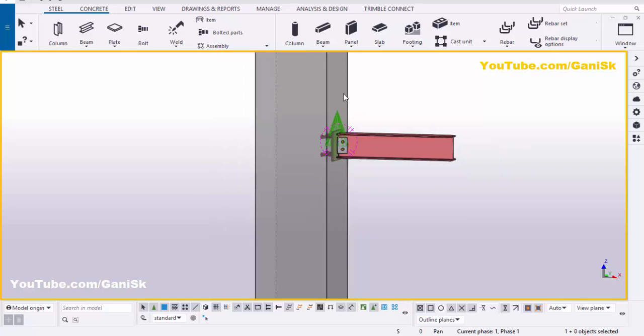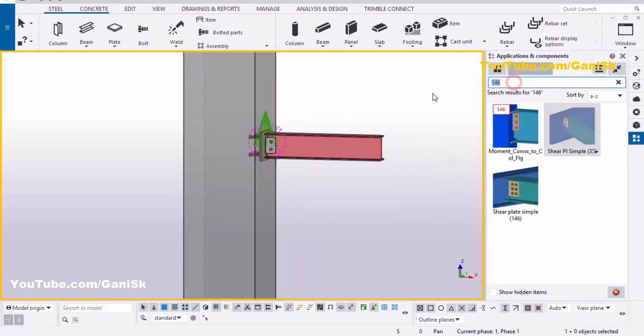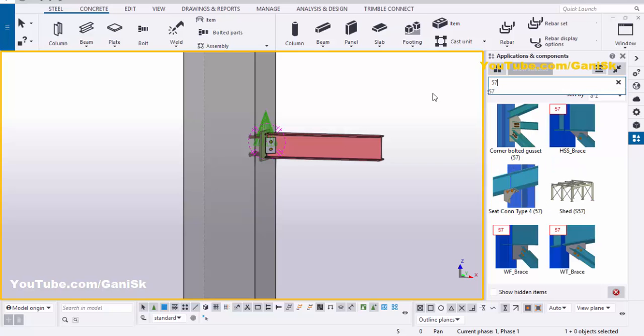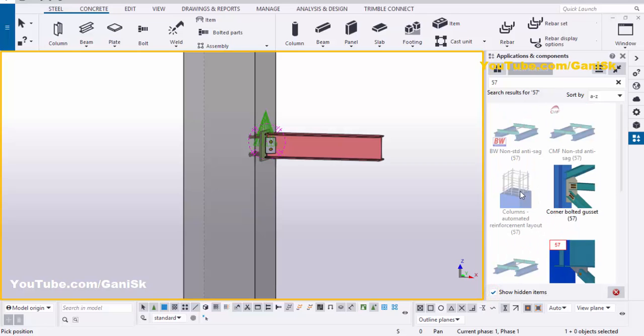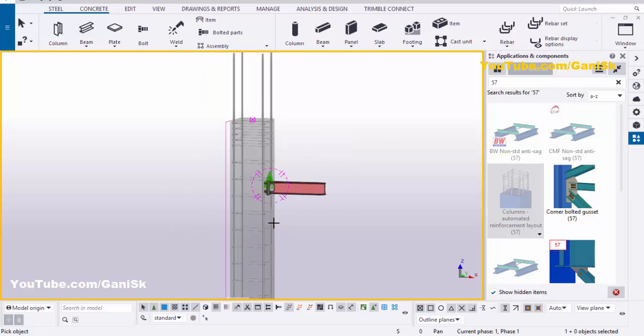To create reinforcement to this column, go to application components, click on here and select number 57. Scroll it down and click on this option, show hidden items. Then you will get this component, column automated reinforcement layout. Select this component and pick the column, concrete column to create reinforcement like this. Right mouse interrupt, close this window